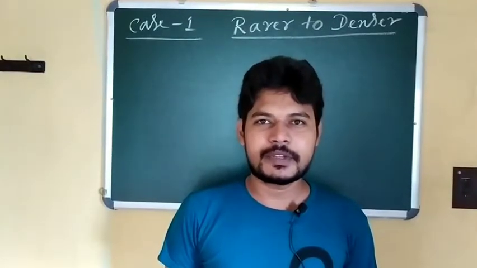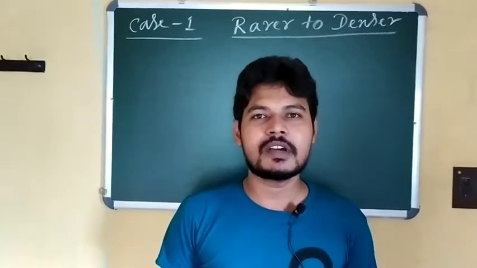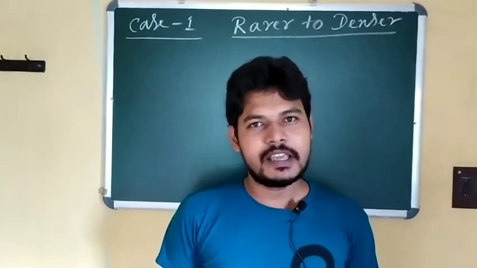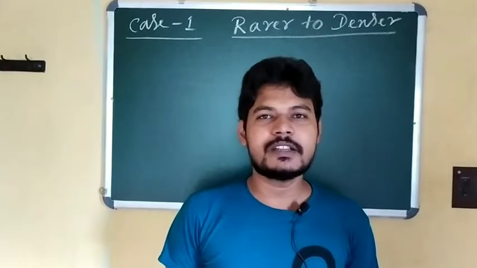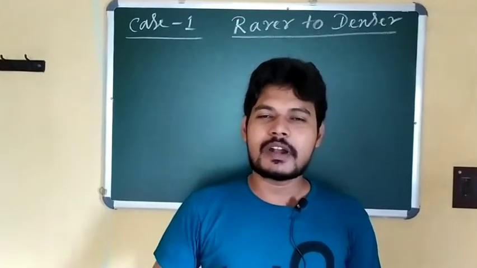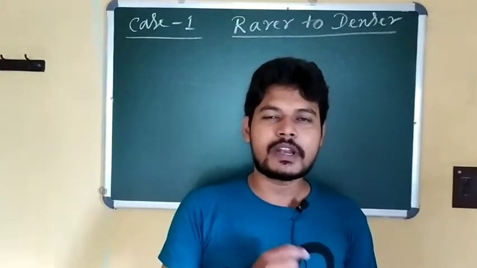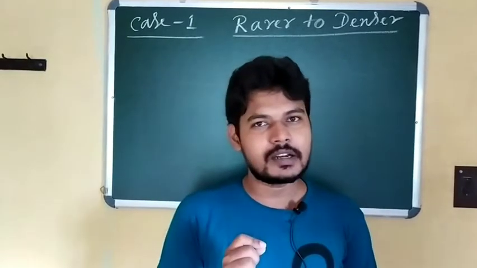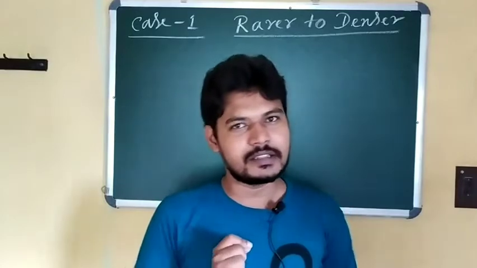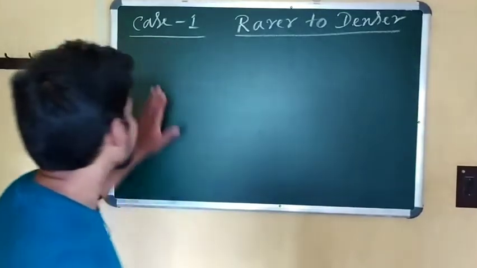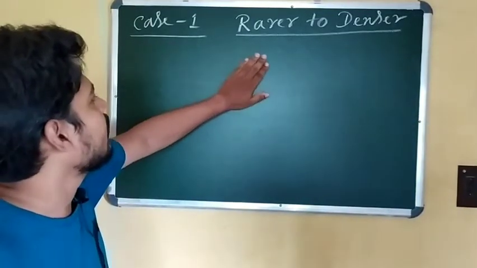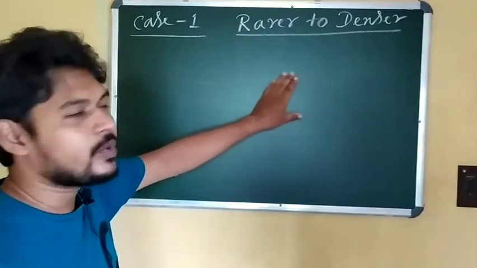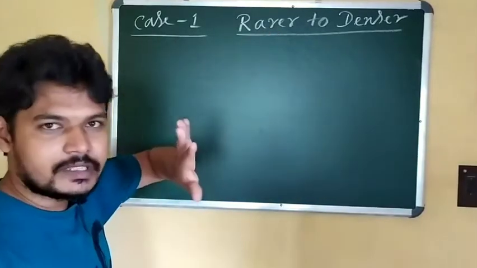In my previous video I have already discussed the refraction of light. In this video I will discuss the different cases to understand this very clearly. When light travels from one medium to another medium, how does refraction occur in those cases? So let's see. At first I have written here case 1, rarer to denser. That means when light travels from rarer to denser.